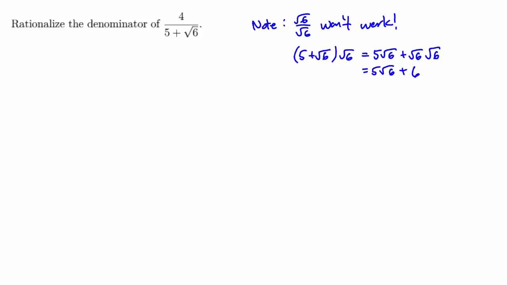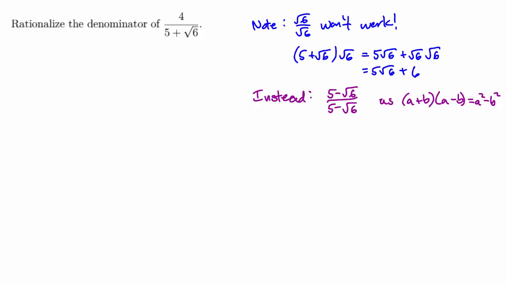So there's a special technique. Instead, we will multiply by the unit fraction, which has 5 minus the square root of 6 over 5 minus the square root of 6. Where this came from is note that originally we had 5 plus the square root of 6, and so now we're going to use 5 minus the square root of 6. That's going to be what will help our denominator. It's going to come from the difference of two squares. So we know that a plus b times a minus b is a squared minus b squared. That's the trick we're going to use. So let's work this out. We'll use that unit fraction